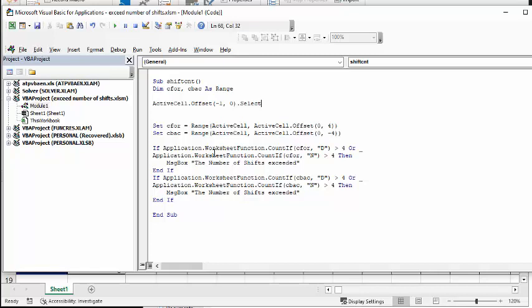And now I'm using a worksheet application function CountIf. So there's 2 shifts that we're concerned about, and that's day and night. And so if there's greater than 4 days in the forward direction, or in the application worksheet function CountIf, C4 n being night is greater than 4, then you're going to receive a message box. The number of shifts has been exceeded. Now the other one that we're doing,